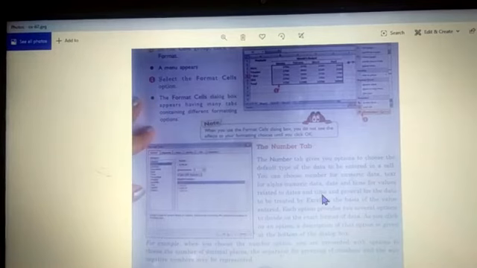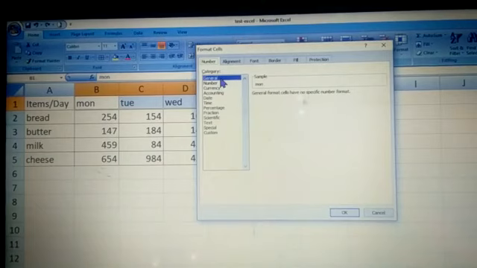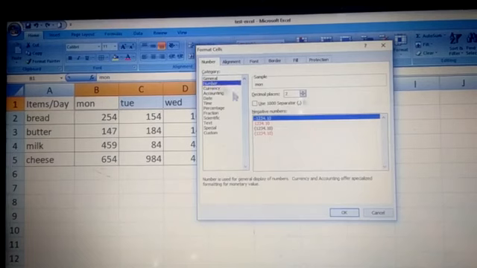So children, right now we saw the number tab and there were so many options. With those options, children, you can enter numbers with different formats. Like, let's go back again to this sheet. See, general would be the general number that we write. Right now I've chosen this text for text cells, right? If I chose these number cells, for that you can format all those things. Like if you want a number, how do you want a number? It should be written in negative, positive, like this you want, like that. Then you can make these changes.